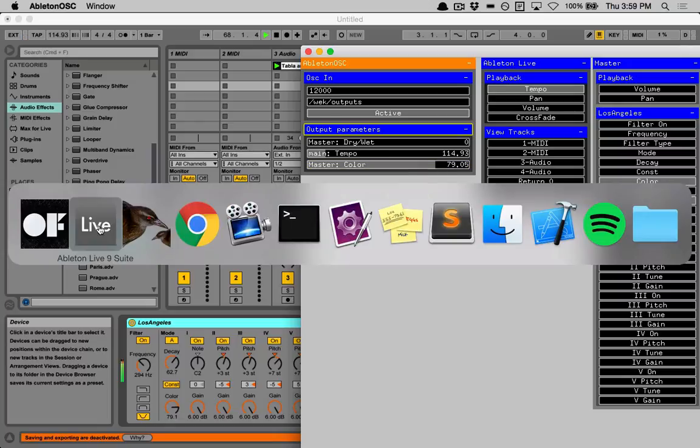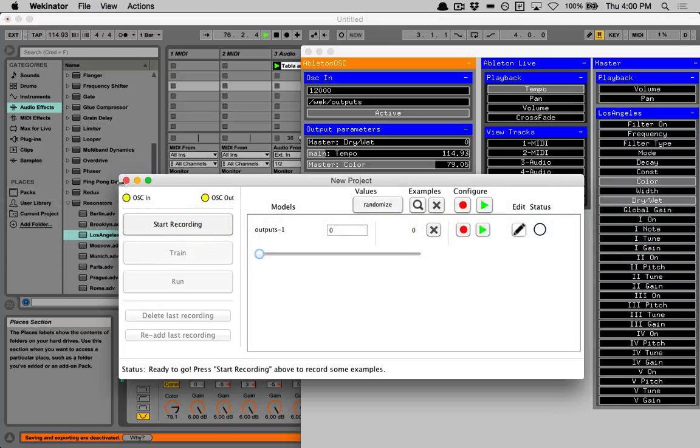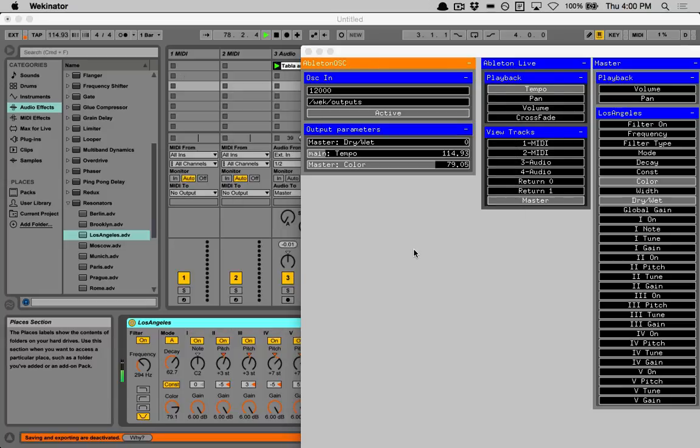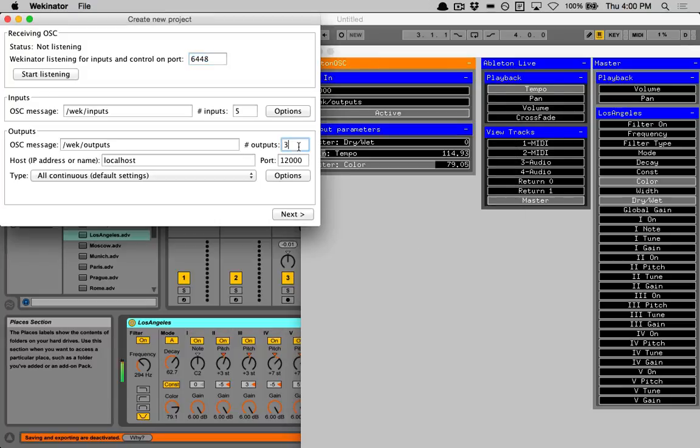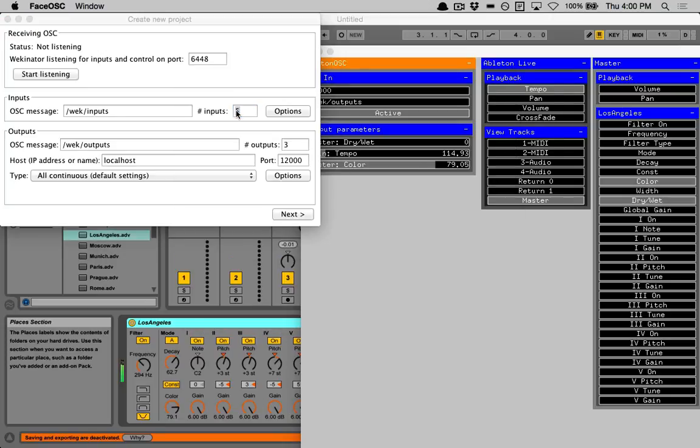So I'll go back to Wekinator. And now let's decide on what we want to use to control it. Our options are sort of limited because I don't have a Kinect here, so maybe we'll just use Face OSC again. Okay, so let's do that. Face OSC, if you recall, so let's just set this up. I'm gonna close this, open up Wekinator. So we're gonna have 3 outputs. They're gonna be continuous, and then our inputs is gonna be,